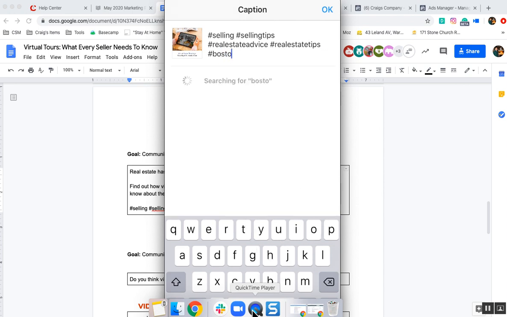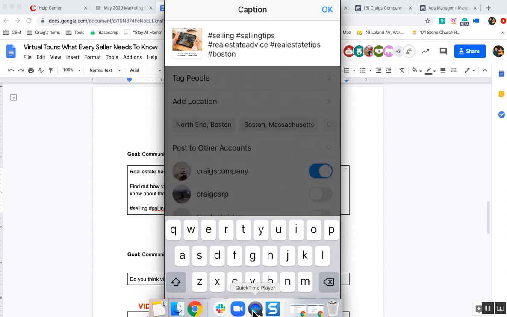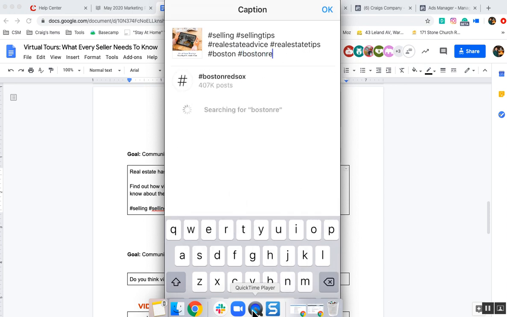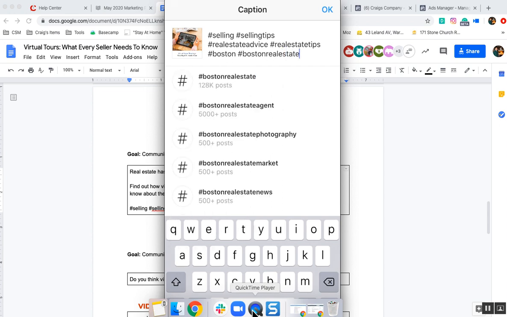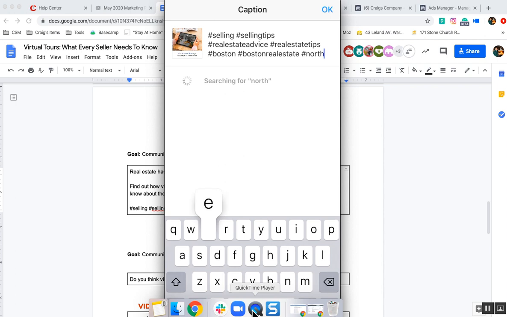Some hashtags you may want to add in are your local city or town, hashtag Boston. You may also want to reference hashtag Boston real estate. And if you're a listing agent that specializes in a certain farm or demographic, you could also put that neighborhood as well. Hashtag North End